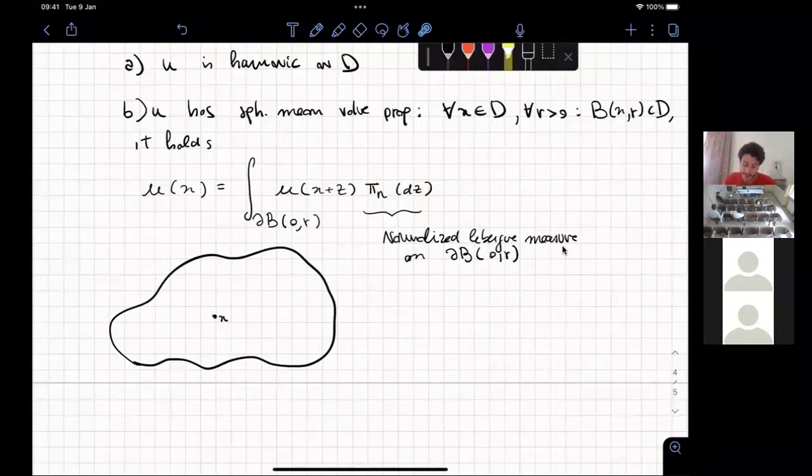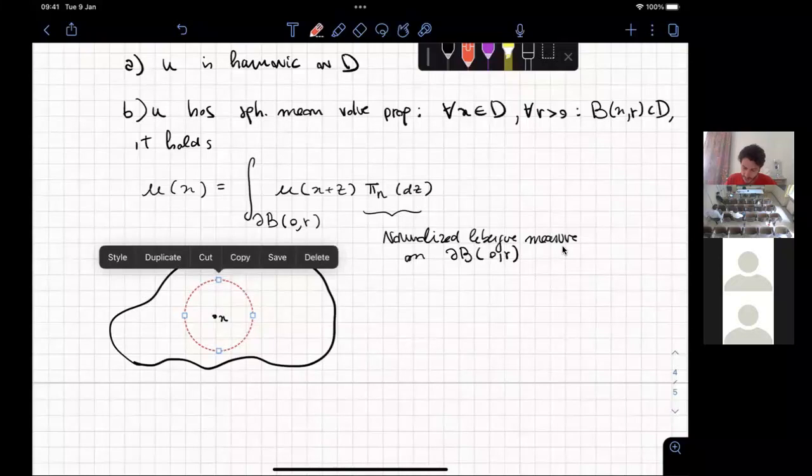And basically what we are saying is that take this ball centered in x, this ball has radius r,